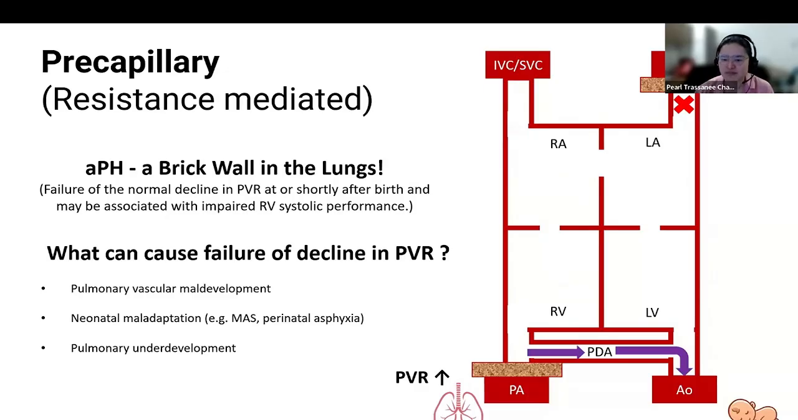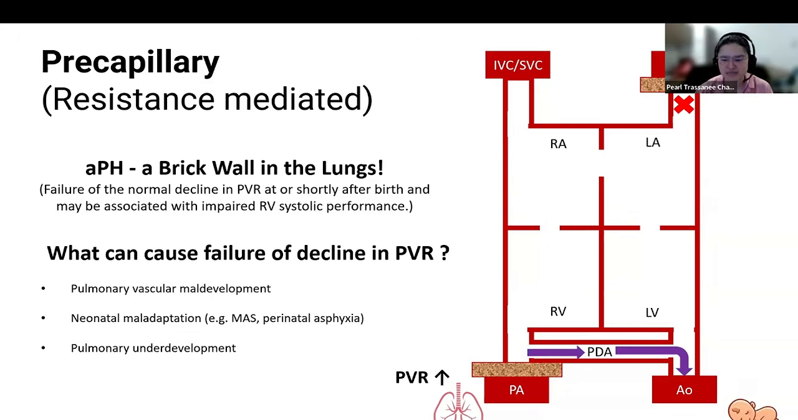In this phenotype, the pulmonary vascular resistance remains elevated, creating a major obstacle to blood flow leaving the right ventricle. The right ventricle is pushing against a high resistance circuit, leading to increased right ventricular afterload and, in severe cases, impaired right ventricular systolic function. When blood cannot easily flow through the pulmonary circulation, the pulmonary venous return to the left atrium decreases. As a result, left ventricular filling may be compromised, reducing systemic output and contributing to